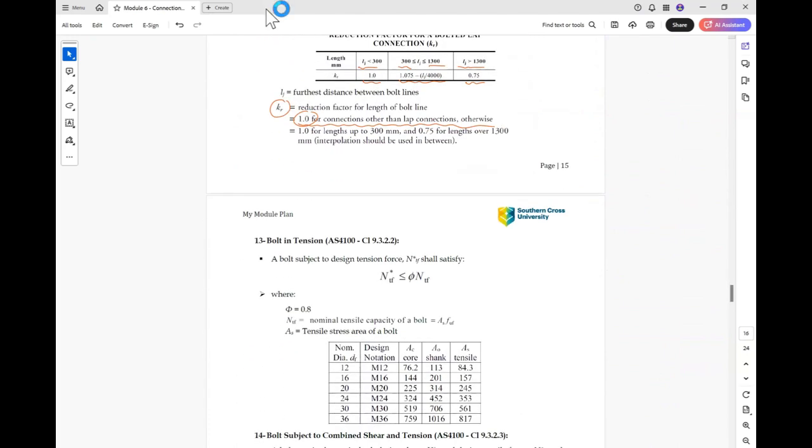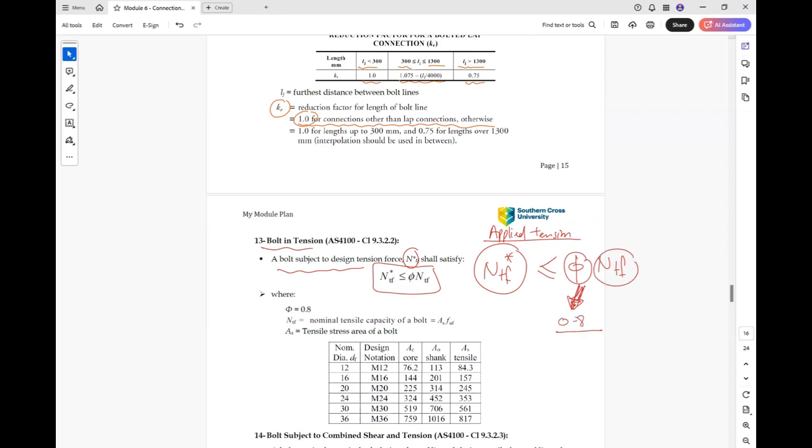The other connection is bolt under tension. So the bolt in tension, a bolt subject to design tension force Ntf*. So in this case, Ntf* should be less than phi Ntf. So Ntf* is the applied tension force on the bolt. It should be less than or equal to phi Ntf, where phi again for bolts is 0.8,